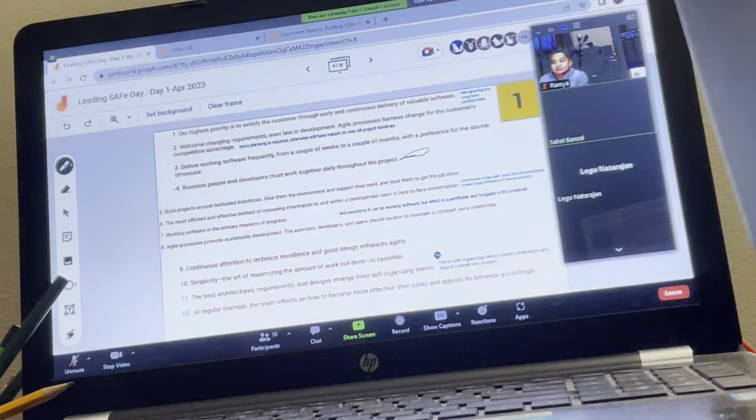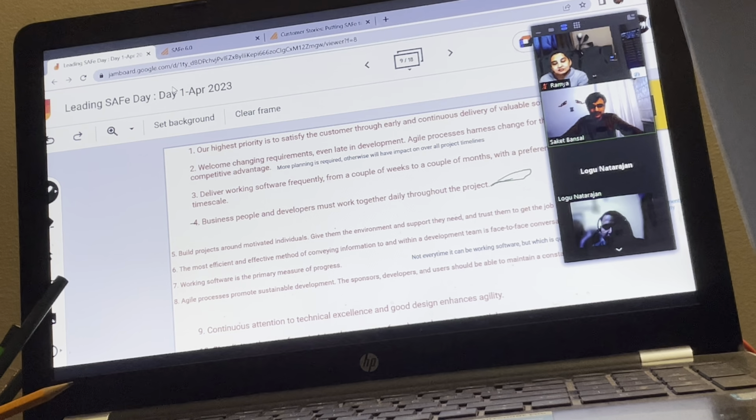So in general, the prioritization of the features is anyway needed in the agile way of working. So yes, it continues. Even in the SAFe way of working, the Scrum way of working, or any agile way of working, we want to do the prioritization, and the sooner we deliver, the better. So that thing remains the same. There is no change in it. It is needed as it is.